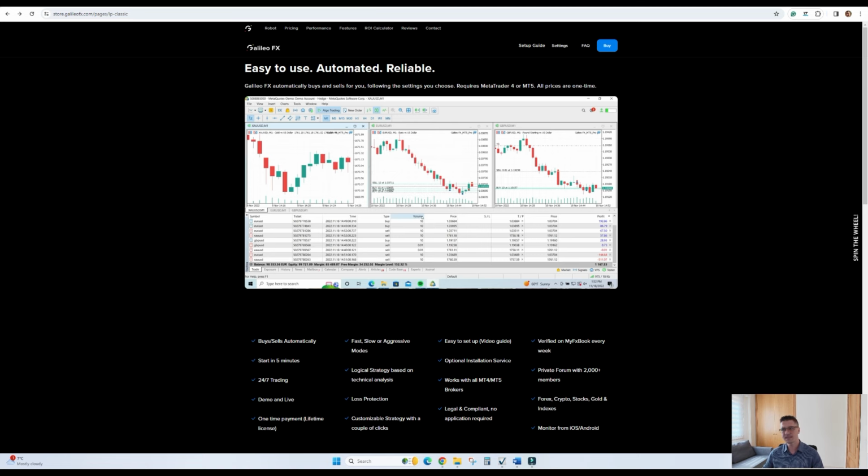The beauty of Galileo FX is that the name is a bit misleading. You might say that it trades only on the FX market. Well, it doesn't. You can link the robot to the commodities market, commodities such as gold, silver, oil. You can put it on indexes and even on the cryptocurrency market. Because nowadays many FX brokers also offer cryptocurrencies to speculate on, and therefore this robot might work for you every day, even during the weekends, because the cryptocurrency market is open over the weekend. So let's dive in a bit